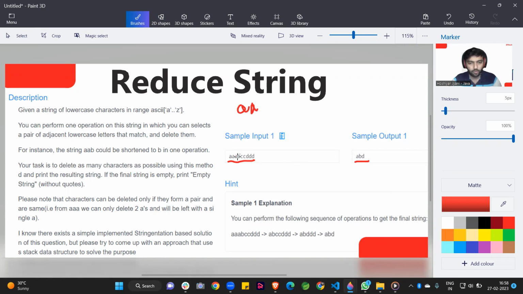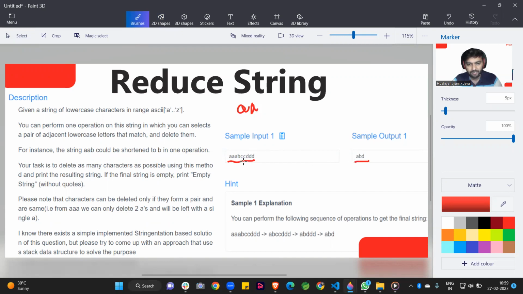Okay guys, so in this you can see here triple A is here. First of all we append the A. After that, when the second A is coming, at that time we are removing both letters. After that there is a single A present, so I am writing here A. After that one B, so that's why I am writing here B.